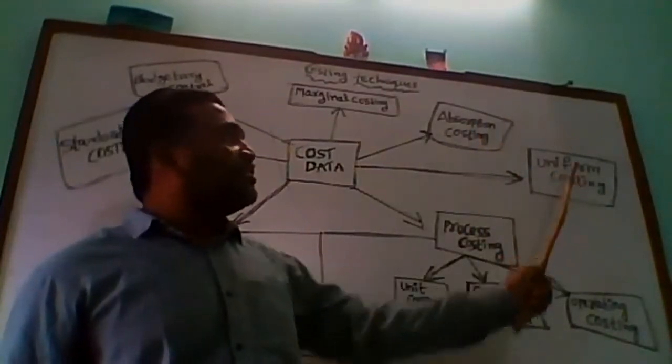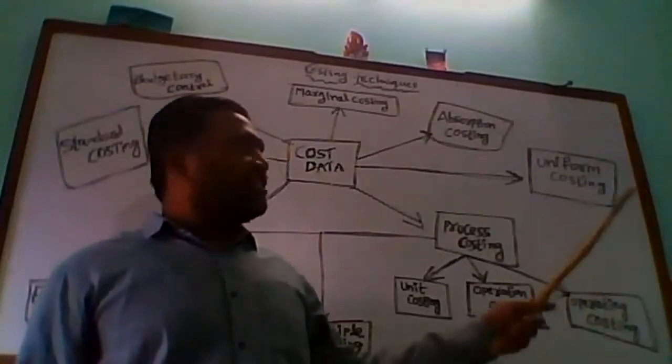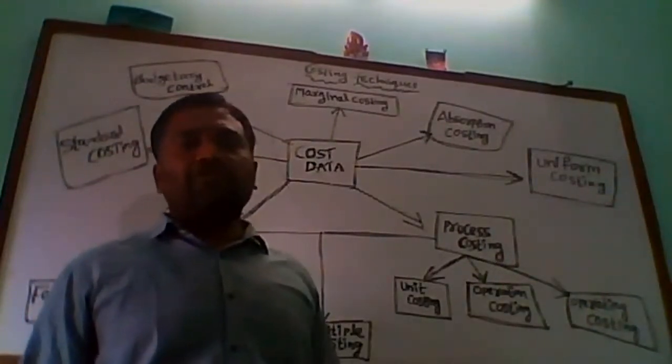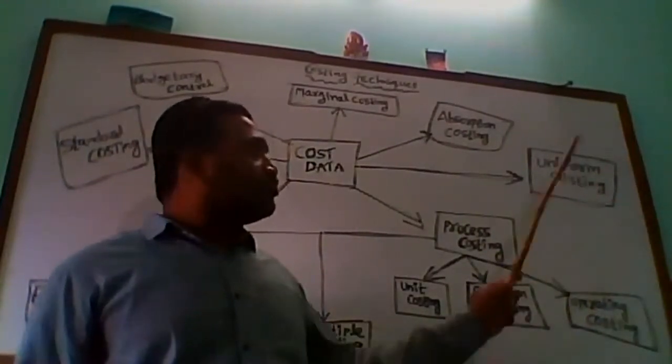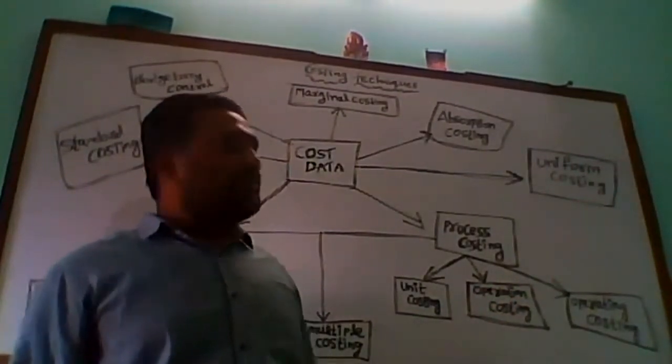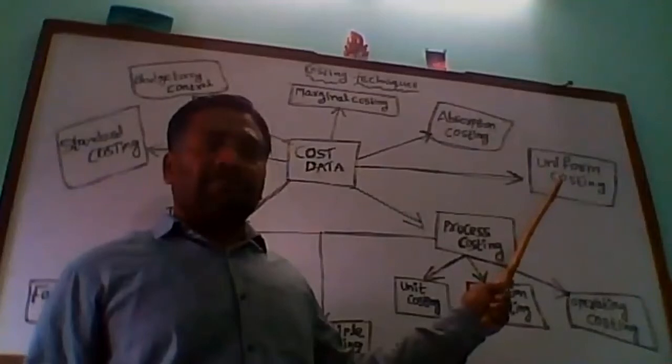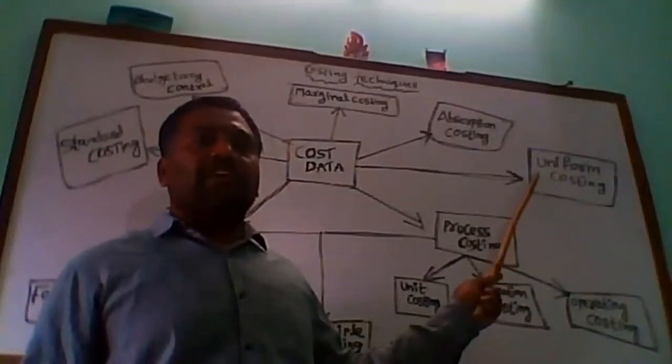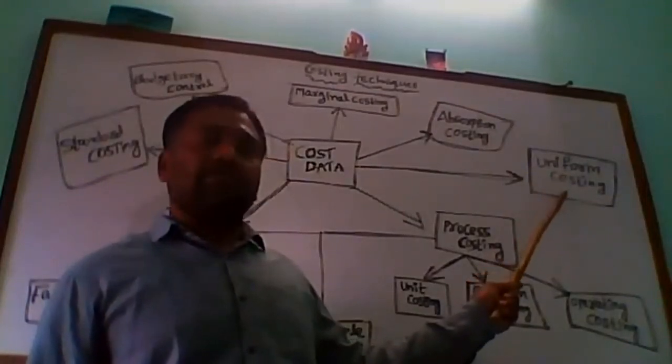And coming to the next one, uniform costing. Here there are different methods we are going to use under uniform costing to find the cost of a single unit, or the cost sheet we are going to prepare, and we are going to find such information where they use these techniques, and such uniform costing is going to be used.